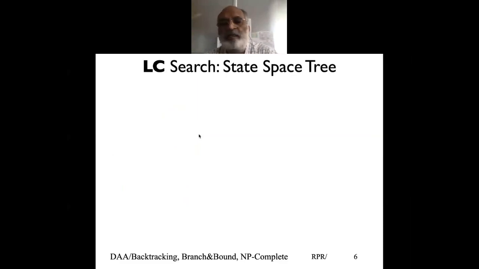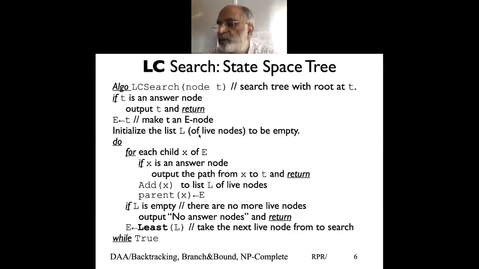But today we'll discuss what is called least cost search. Primarily, the algorithm remains the same. We determine how to choose the next node, and that is primarily what we call least cost search in the state space tree. This is what we did with the job assignment, and with the traveling salesperson problem: which next node can give me the lowest upper bound, and continue with that.